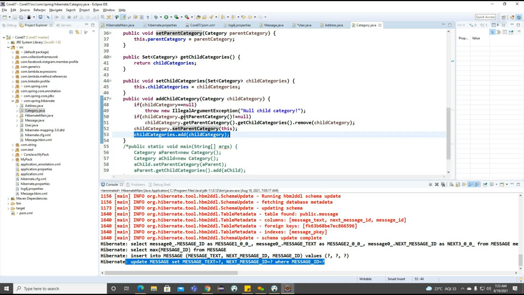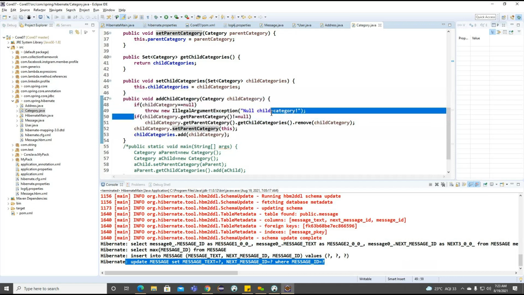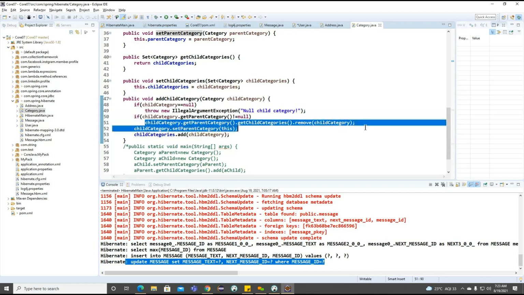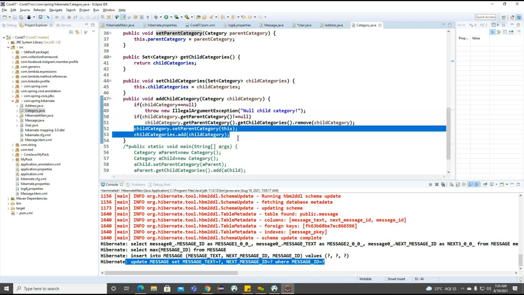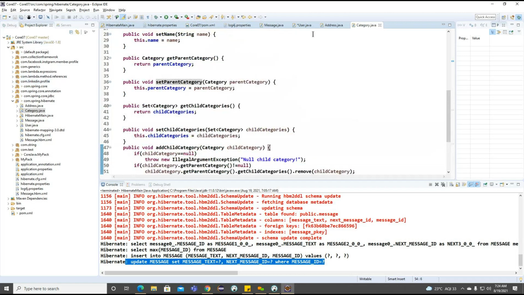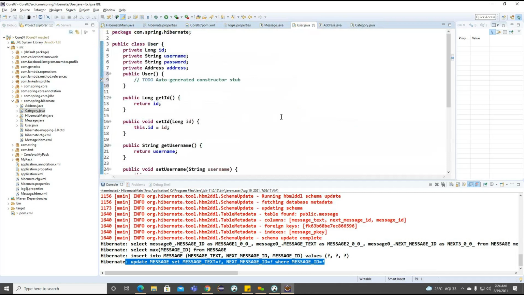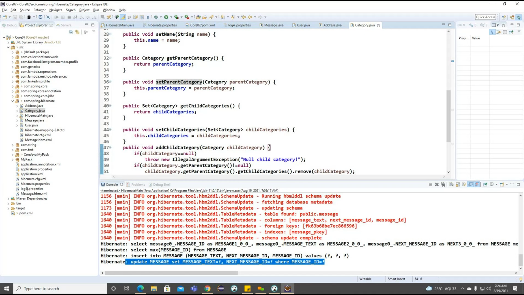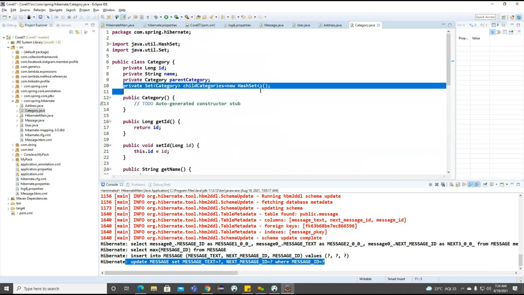But now, what we need to focus on here? Internally, what we are checking here, if the child category we are making null, we are going to throw one exception here. And if this particular child category is having any parent category, we are trying to remove the particular child category object from the parent category. And once it is removed, again we are trying to set into this particular object. Okay, so this is the way we can work on this particular category object information.